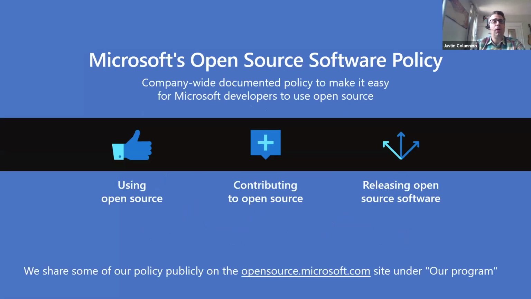And so what we end up doing is publishing our policy for using, contributing, and releasing open source, that inbound, outbound proficiency that we talked about, so that it really is just a checklist. Instead of asking, is it even possible to engage with open source, you just point someone at a website: here are the steps you need to take, and here are the approvals you need in order to use, contribute, and release. It's turnkey, it's supported by tooling, and it's great.